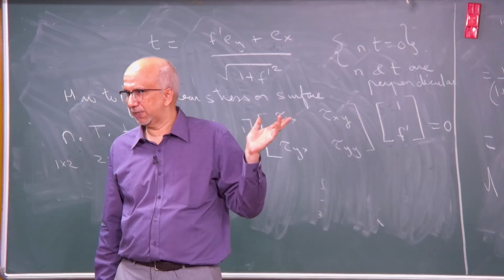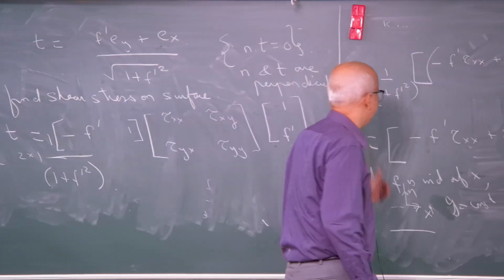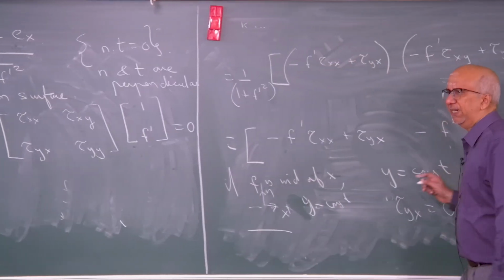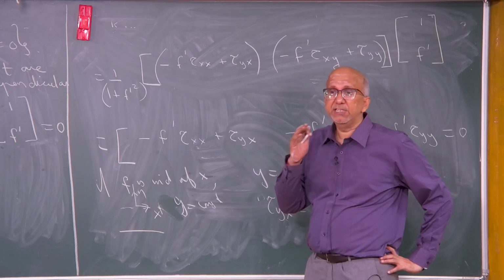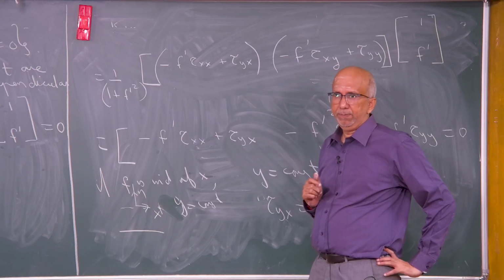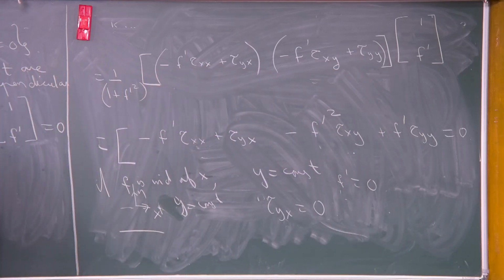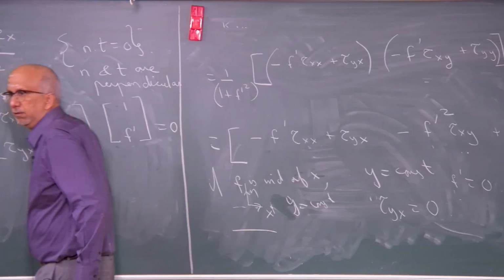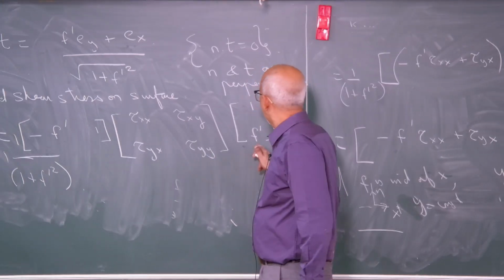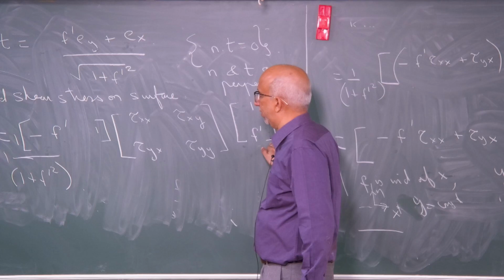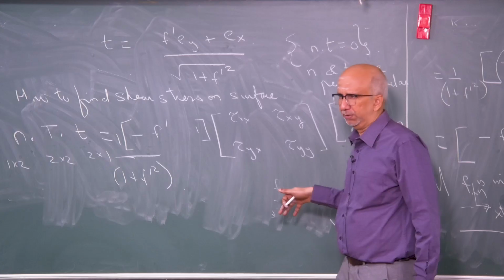It could be I made some mistake somewhere, but you have to check that. For a plus sign, minus sign, anything could be wrong, but I don't think there is anything wrong here. So, this is a generalization of the boundary condition for f which changes with x. You can do the same thing for the normal stress component, but now instead of t you have to use n, and this will become minus f dash, 1, and expand it the same way. I am not going to do it.